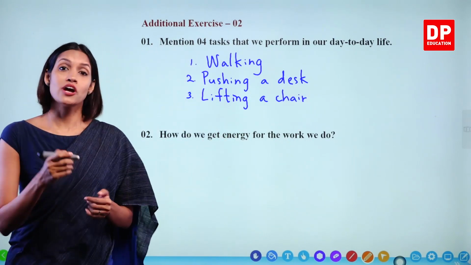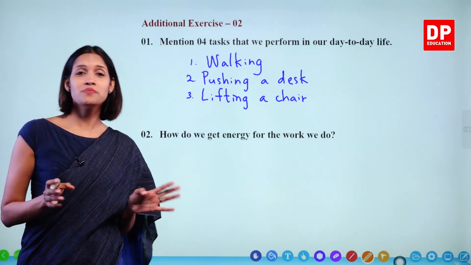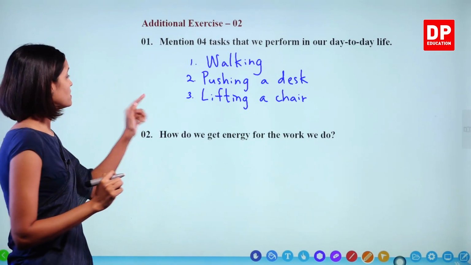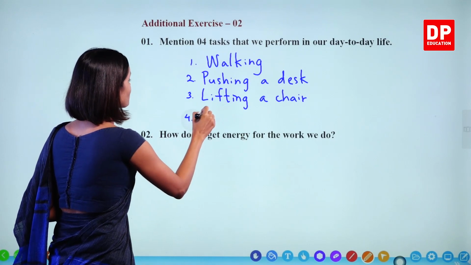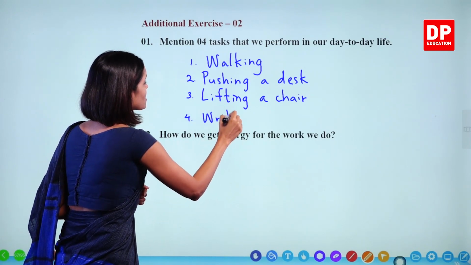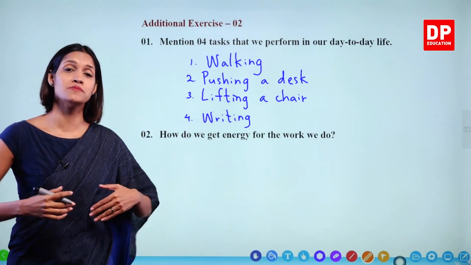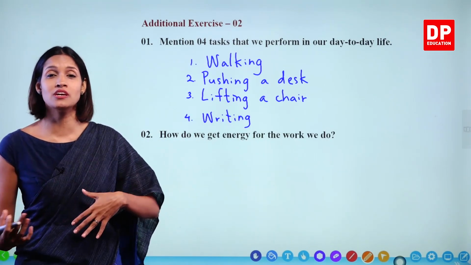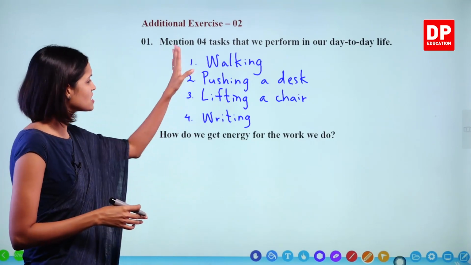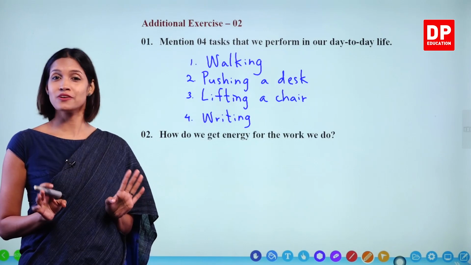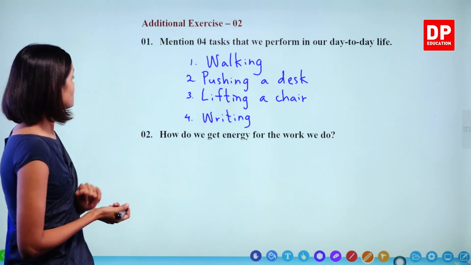Right. Writing is also another type of task. Okay, it's also an activity that needs energy. We will write that as well. Writing. There are many activities that you engage in, even at home. Sometimes if you clean your house, sweeping or washing clothes, these are also coming under different types of tasks that we engage in. Okay, right.